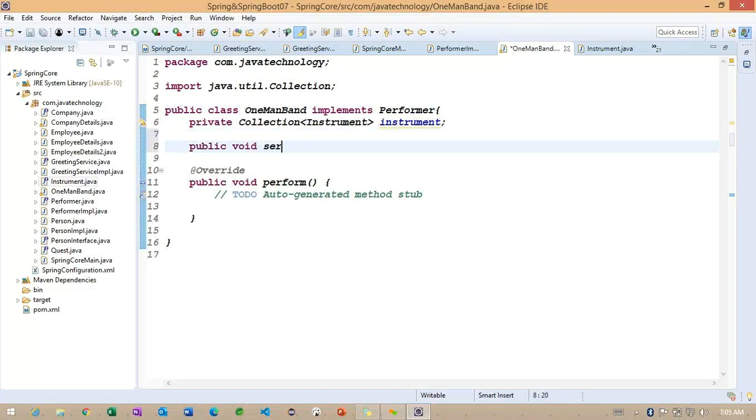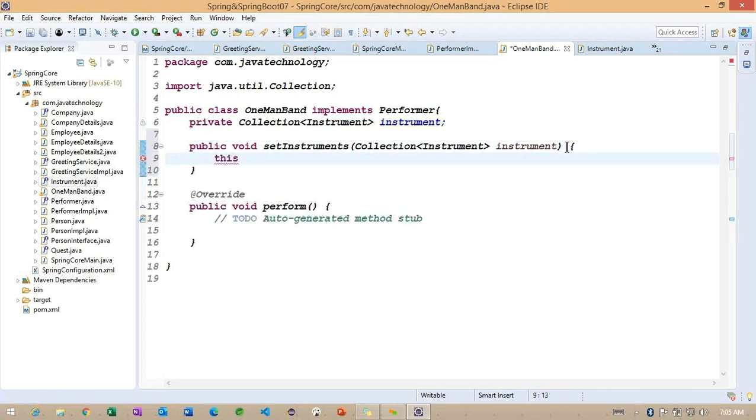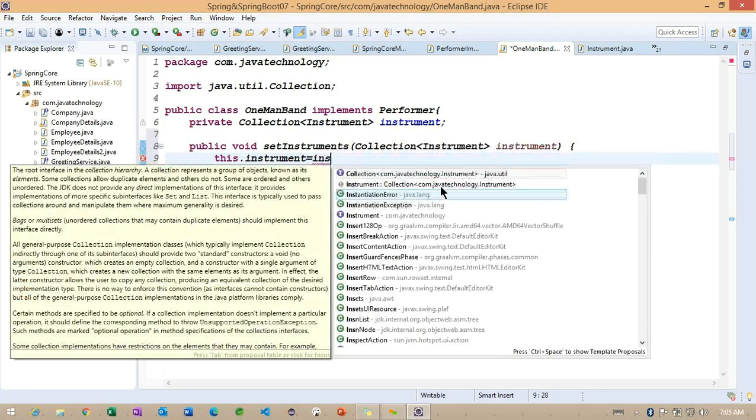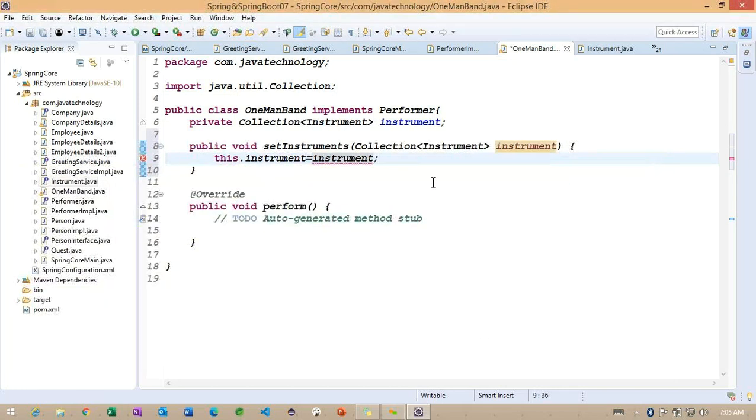Here we need to provide the setInstrument method, with a parameter that takes the collection of object information. I'm going to copy this, save the collection of object information here, and later this.instrument.